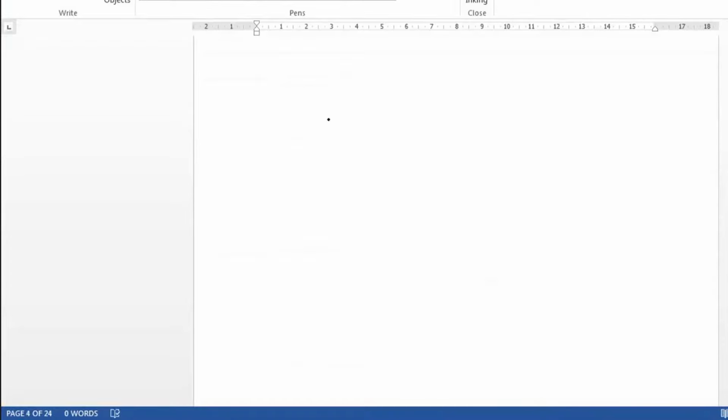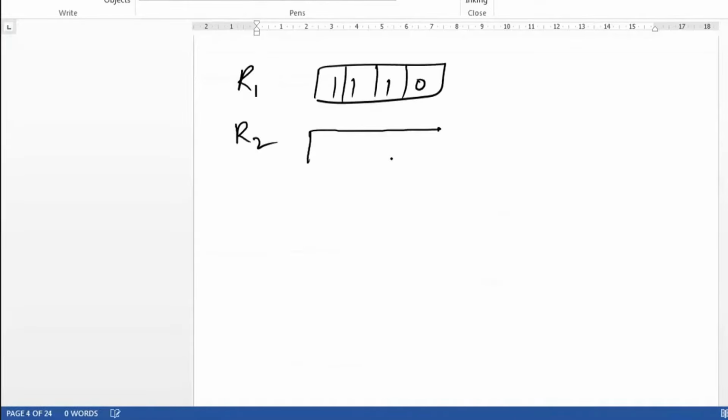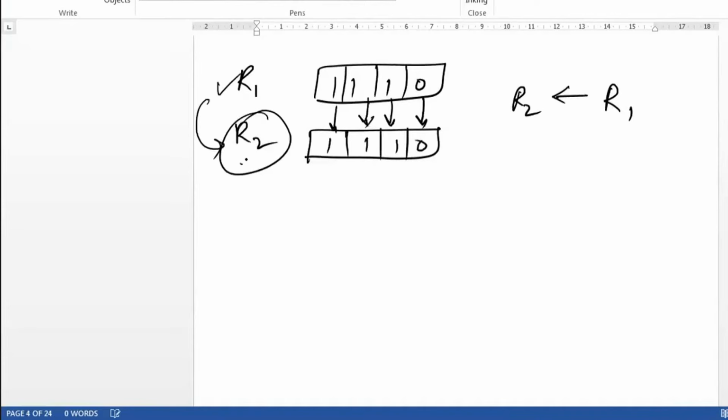Now when we carry out a transfer like this, suppose R1 has data 1110. When you carry out the operation, what would happen? This 0 will get transferred over here. It's not that R1 changes; R2 has to change. Whatever data was there in R1 got transferred to R2. Whatever was earlier in R2 will be replaced. Hence we call this the replacement operator. So this is how data is transferred.